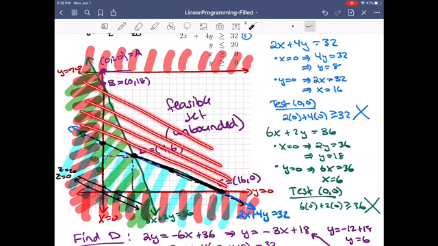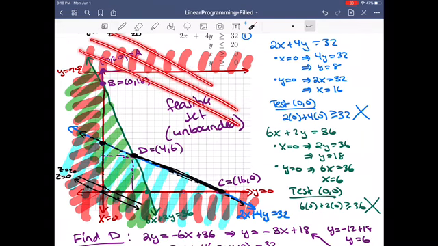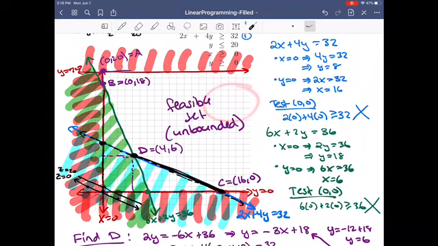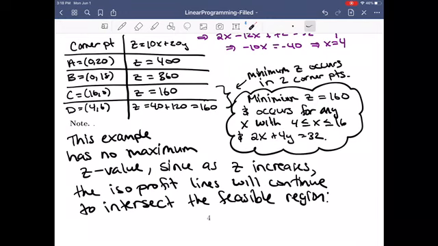They're always going to intersect because our feasible region is infinite, so it's unbounded in this direction. As I keep getting bigger and bigger, I'm always going to intersect somewhere over here. So this actually has no maximum. That's an example where there's no maximum, although in our course we will ask for places that exist. But I just want to show you that there